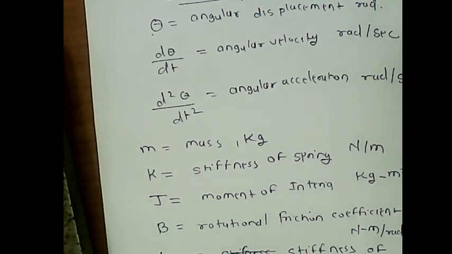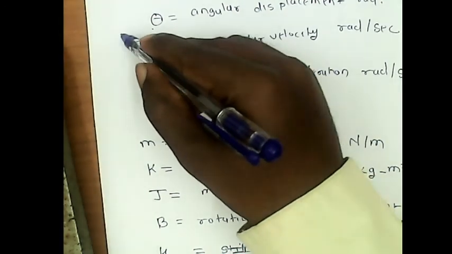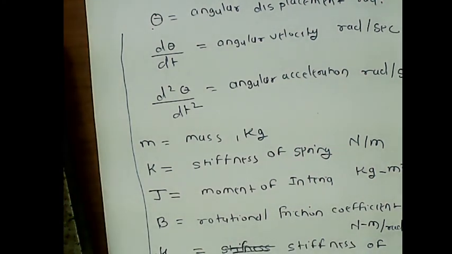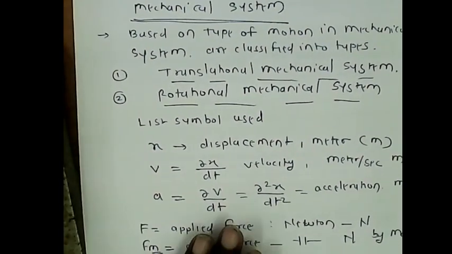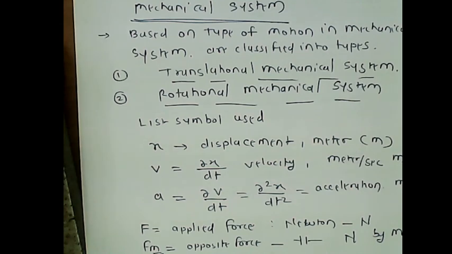So these terms are for the translation mechanical system, and these terms which are to be measured are angular displacement, linear displacement, linear velocity, linear acceleration. These are totally related to the mechanical system. So we can stop here. Next lecture we are going to the detailed translation mechanical system and rotational mechanical system, and their basic components.